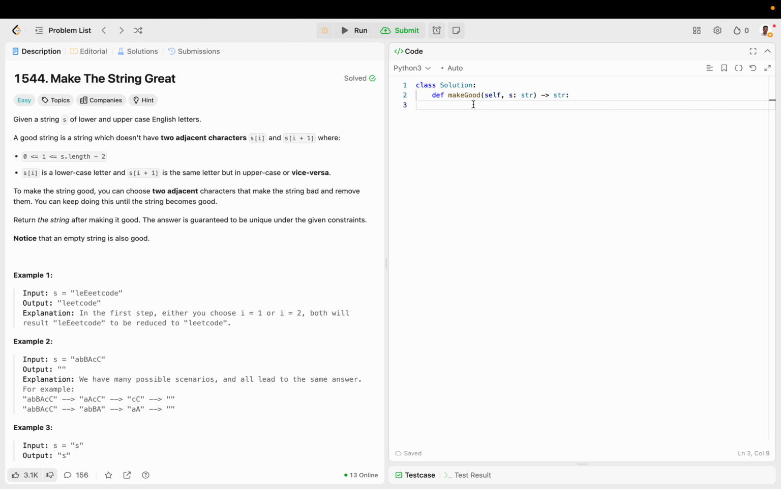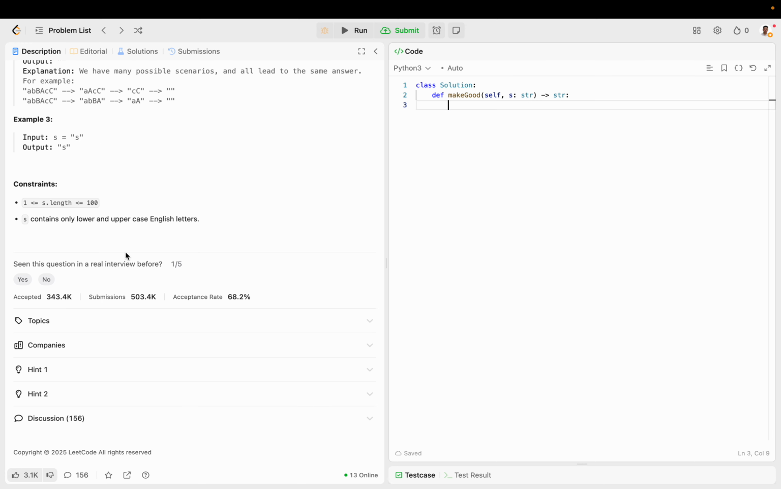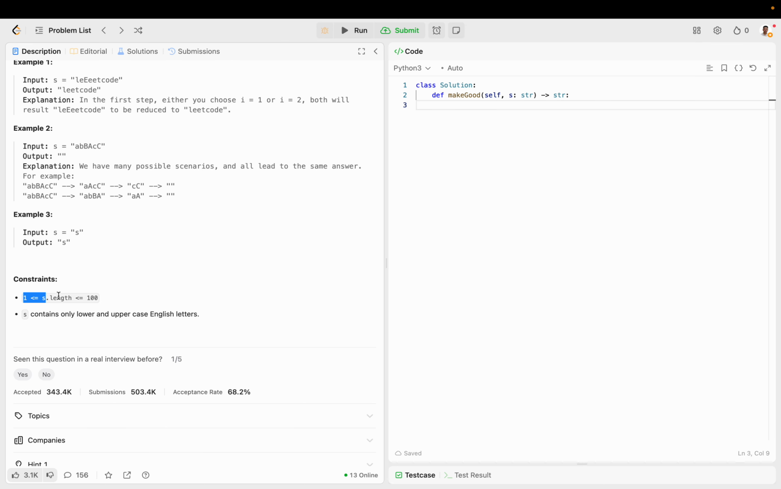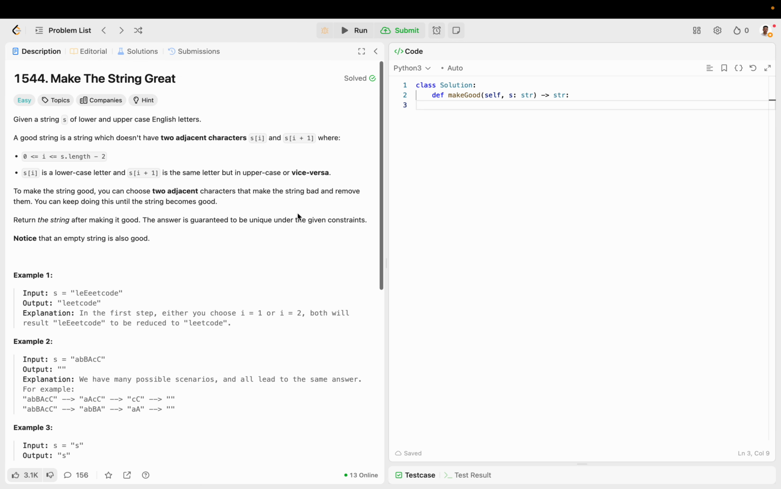Everyone, today I'm going to be going over an easy question that I solved this morning. This one is sort of like a stack question, testing your usage of adjacent characters, so let's go over it. As you can see, the constraints are pretty low, so we can use a pretty straightforward approach, but let's read